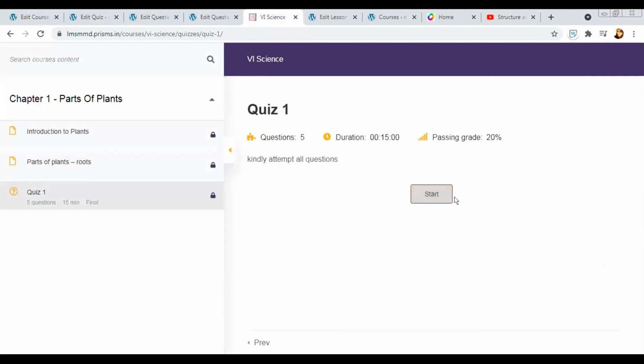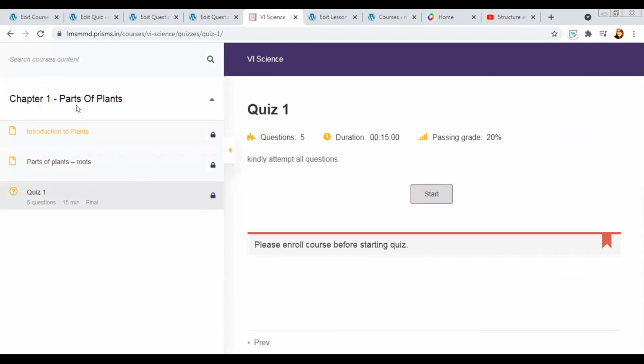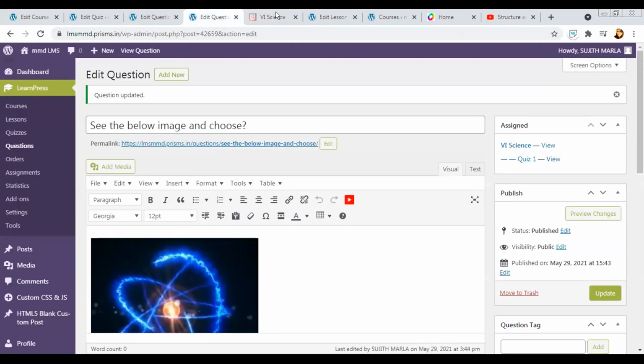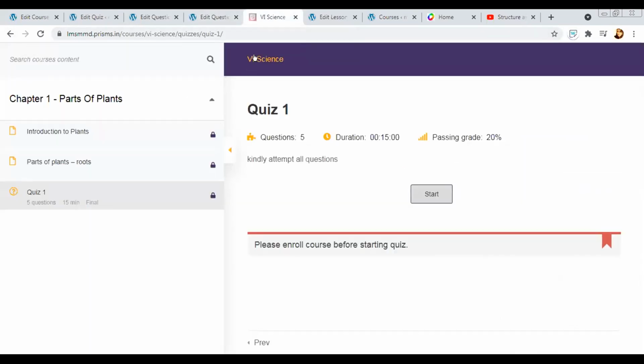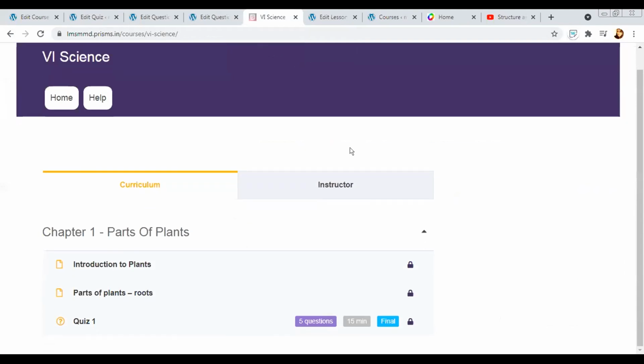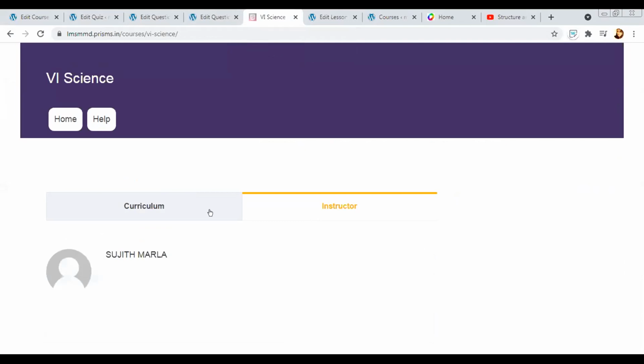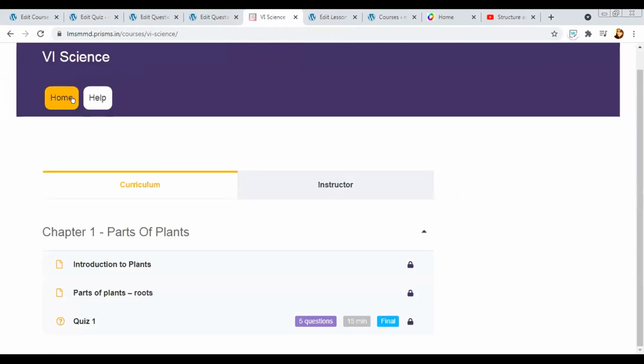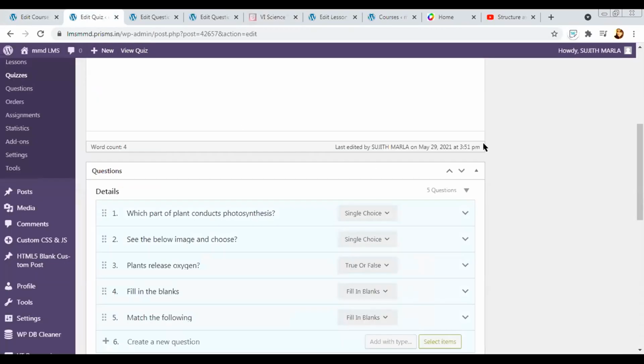So I can check whether everything is correct, or whether I need to enroll. Currently, as this is a new version, we yet have to give the auto enroll option. But once it is enabled, you will be able to check from your end as well.